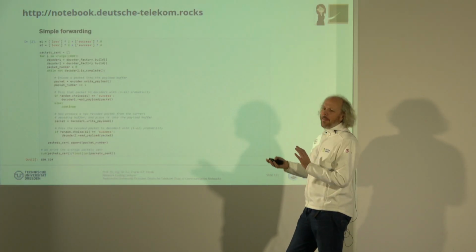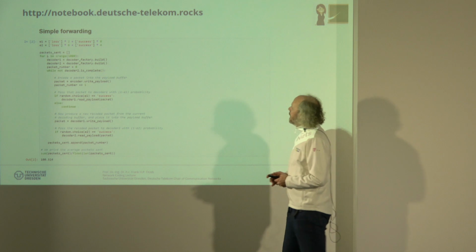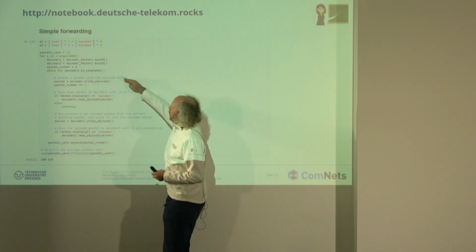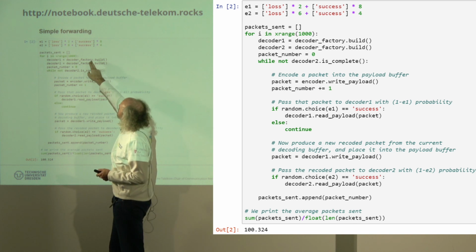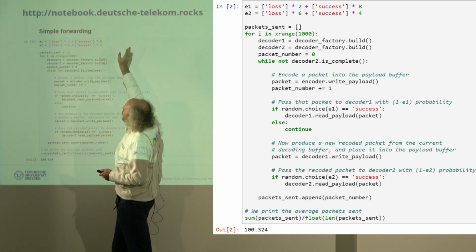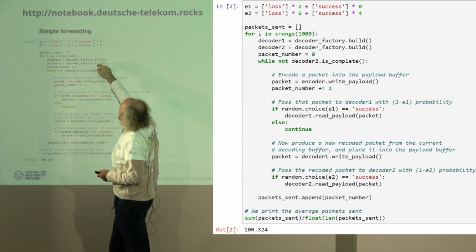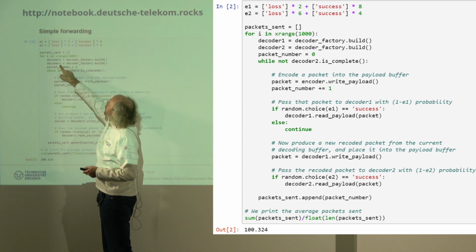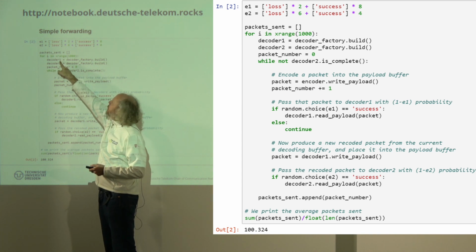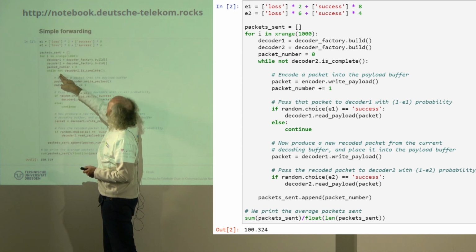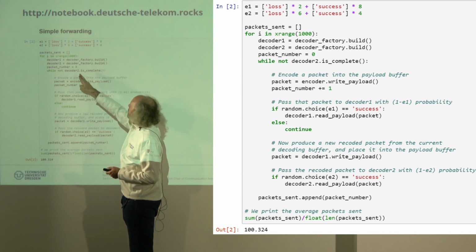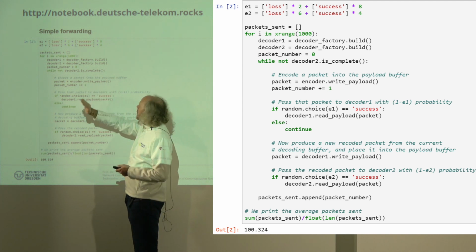The forwarding and the recoding is only a matter of the protocol. So if you look at the example, you say, I created an encoder somewhere up here, and now I create decoder 1 and decoder 2, where decoder 1 is our recoder, right? So then we say, while the last decoder does not say I'm complete,